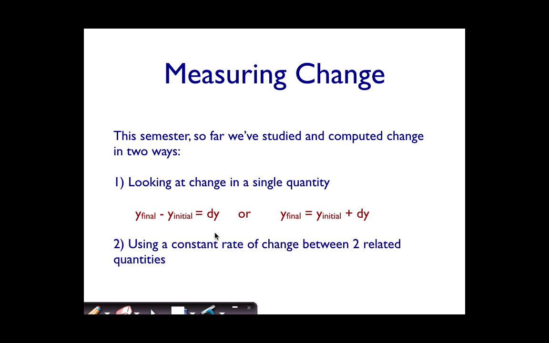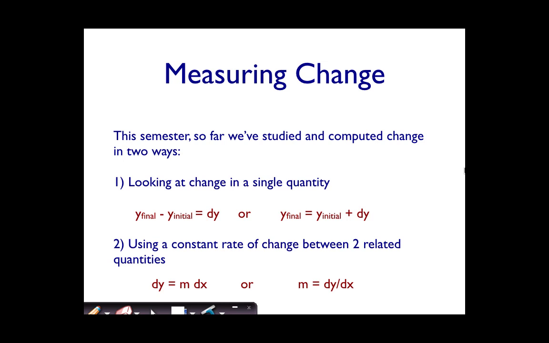If you have two quantities where one causes the other to change, a covariational relationship, and you have a constant rate of change, you can use that constant multiple to get from one quantity's amount of change to the other related quantity's amount of change during a related time period, or over a related change in values, whatever it might be. Time doesn't have to be a part of it, but if you do have two variables, you